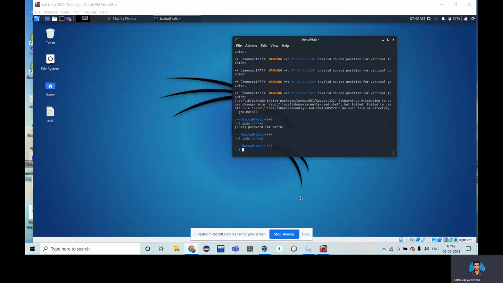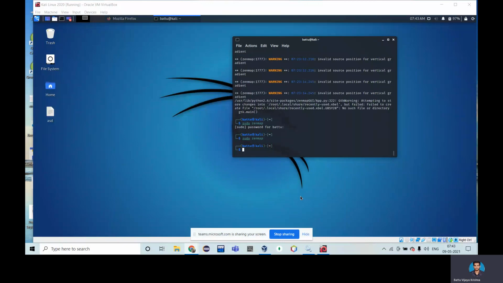This ZenMap tool is used by many system administrators and ethical hackers for all kinds of network management. It leverages the technology of IP packets to get knowledge of the hosts present in the network, and it will give the complete details of the network, like what hosts exist, what ports they are using, and all those kinds of things.